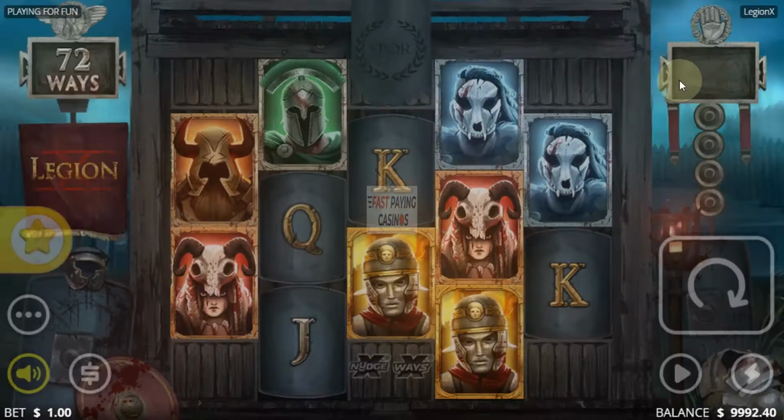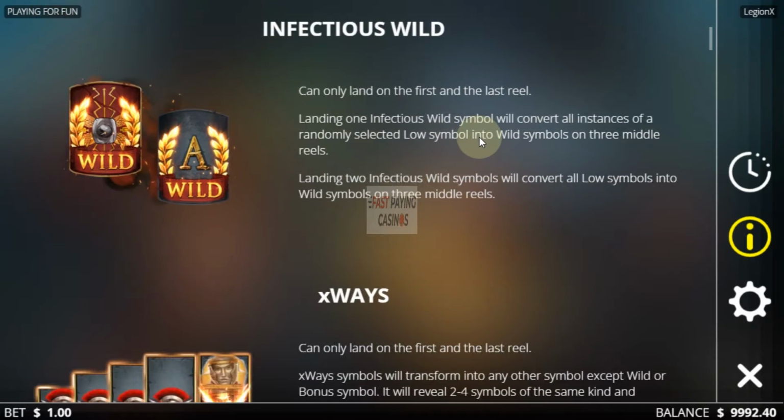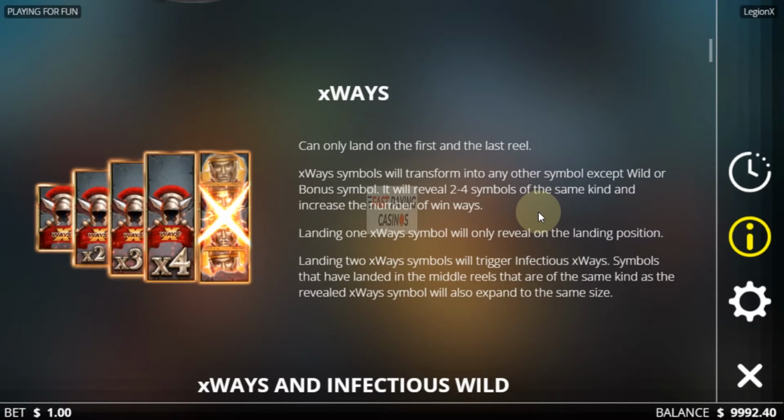What's the stake? We're on £1 or $1. And there you go, that's your X-Nudge Wild. Every nudge it does will increase its multiplier by 1 in order to fill the reel up, and the multipliers add together if you get them on multiple reels. Infectious Wild just randomly selects a low value symbol on the centre 3 reels and turns all instances of it wild. X-Ways can land on the 1st and last reel, 2 to 4 symbols of the same kind, and it will therefore obviously increase the number of win ways